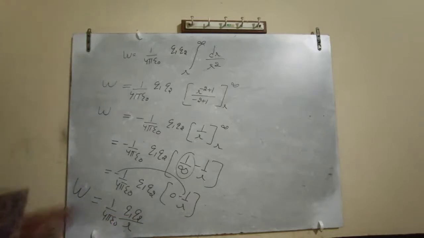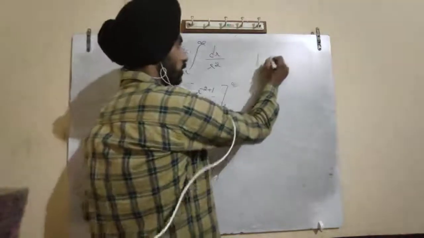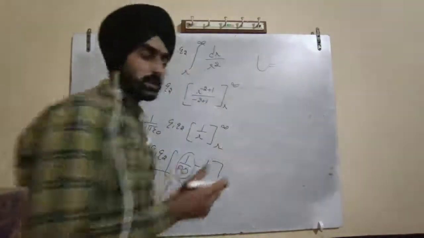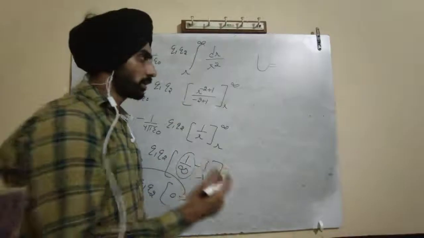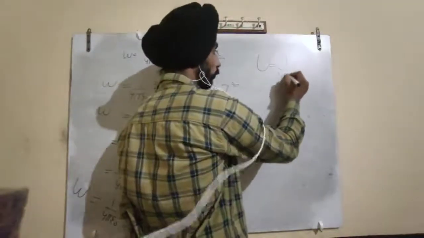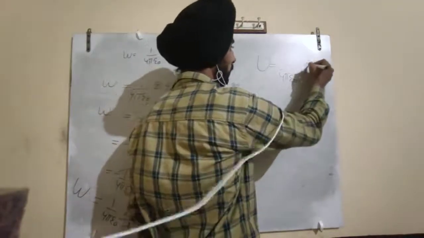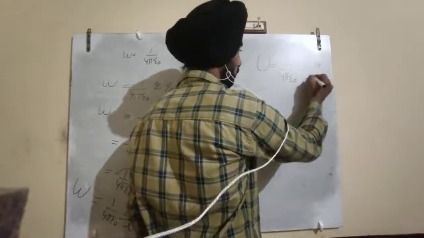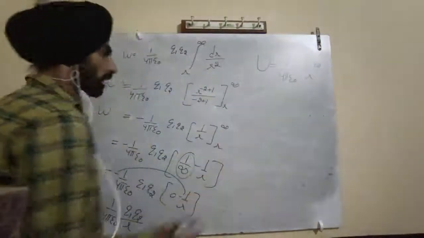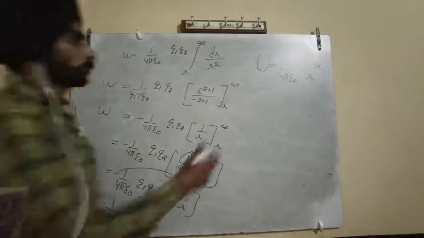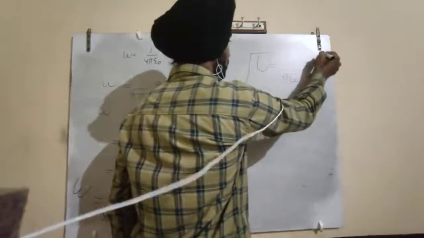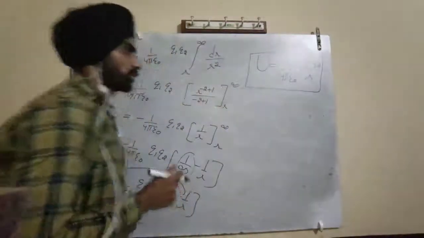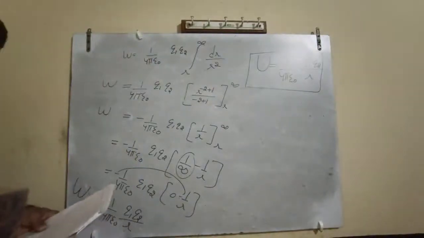Okay. So this is the work done, and this work done will get stored in the system as potential energy. So the potential energy of this system, which comprises two charges Q1 and Q2, will be equal to 1 upon 4 pi epsilon naught Q1 Q2 upon r, where they are at a distance of r. So we have derived the expression. This is the value of potential energy stored in a system of 2-point charges. Okay, you have done that.